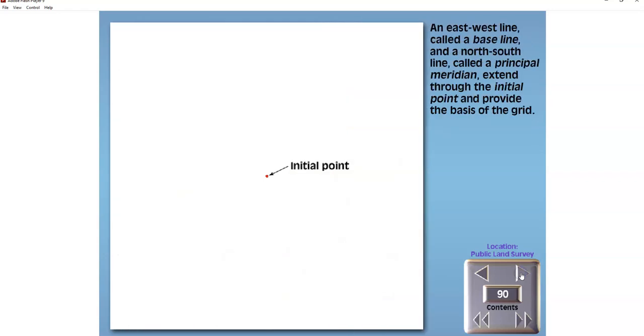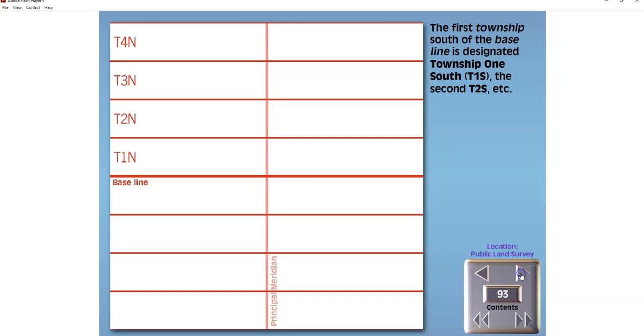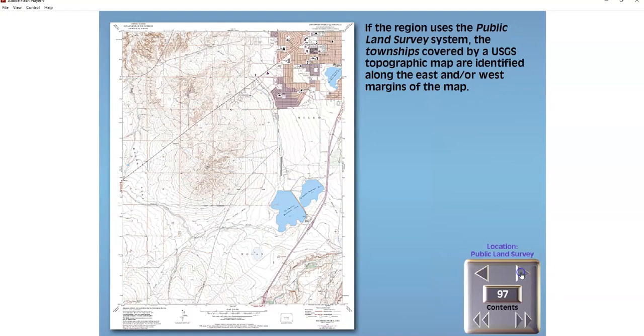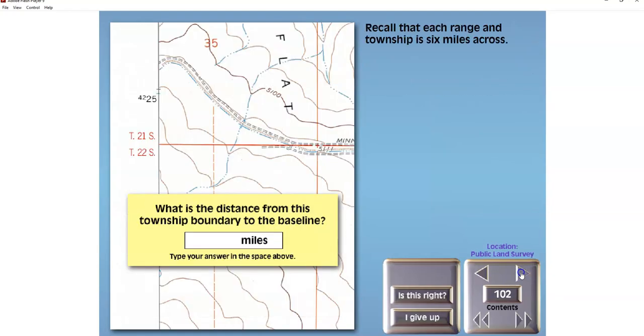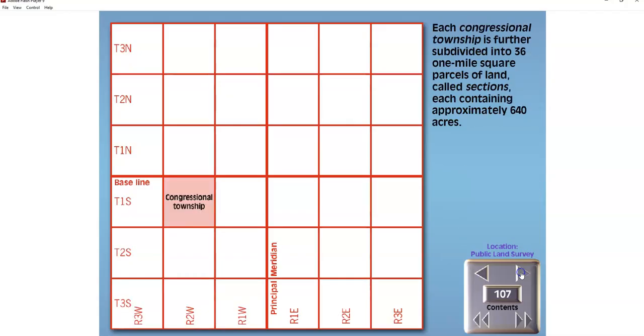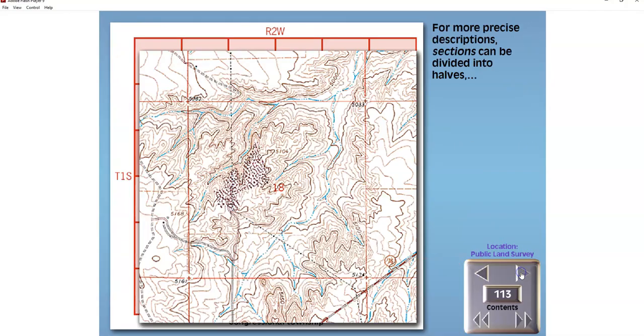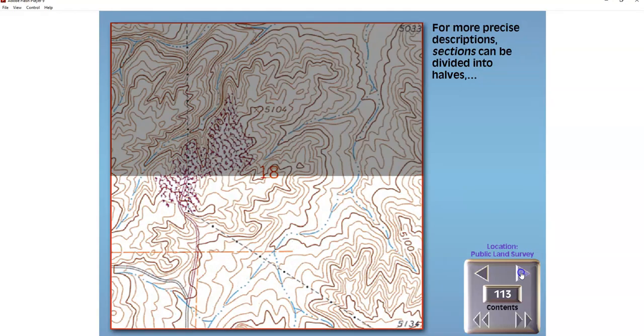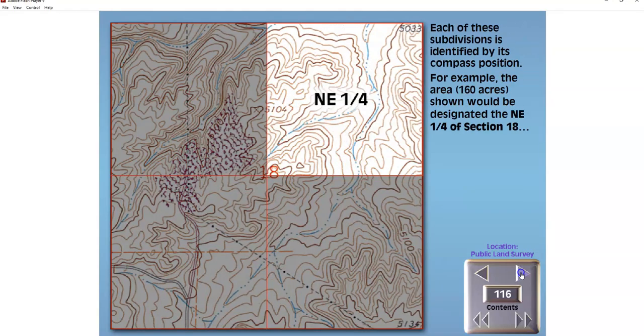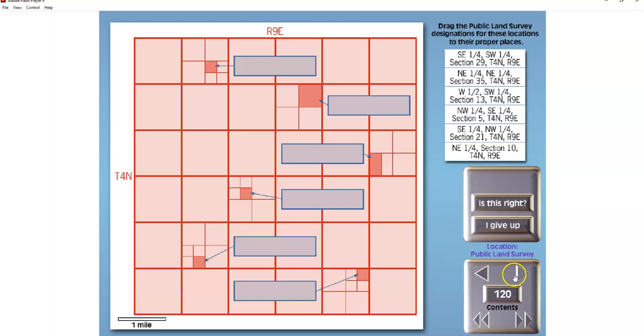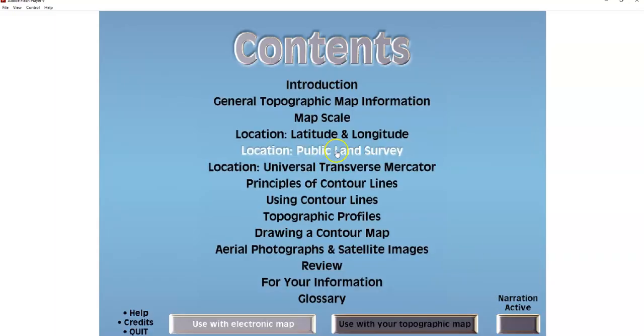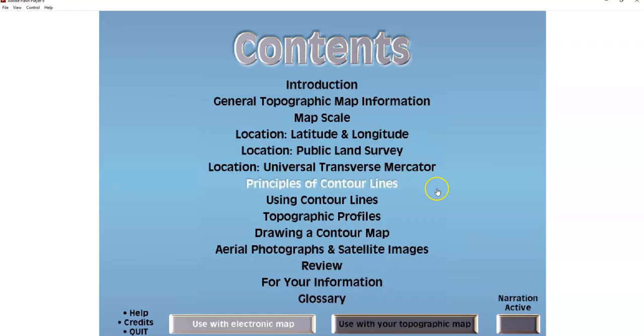For more precise descriptions, quarters, or drag the Public Land Survey. Okay, sorry if that's a little annoying. We're going to skip past that, and we're going to go right to